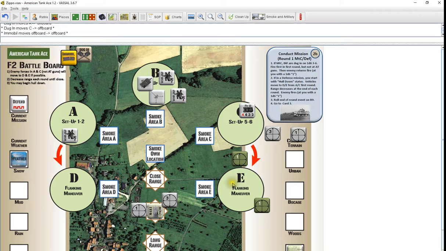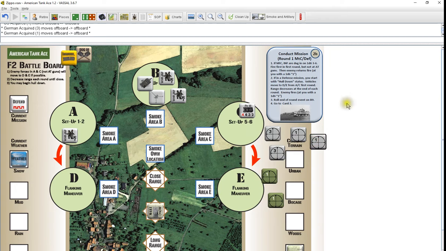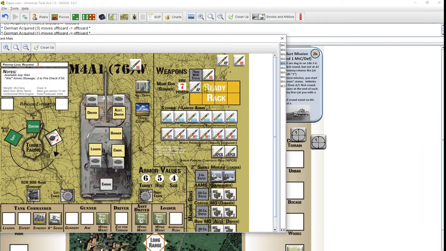The immobilized isn't there. Nobody's firing at me. We're not firing at anybody yet. I am hull down. Actually, that Panzer 3 does not scare me as much as the infantry. We would have reloaded our ready rack. You are allowed to do that. I know I read that somewhere. So our ready rack will have